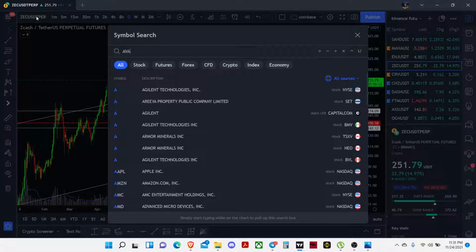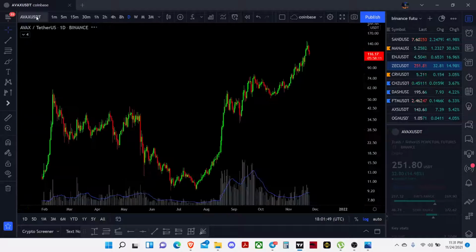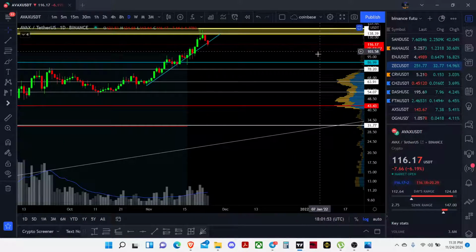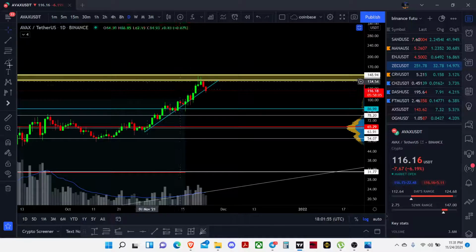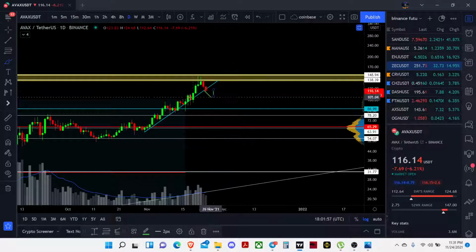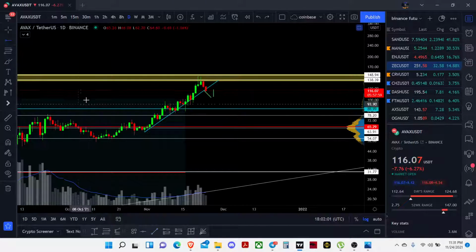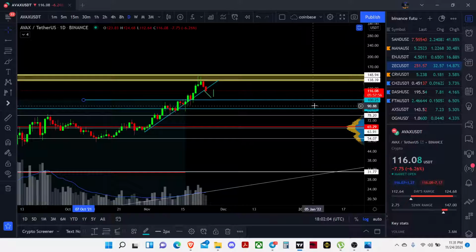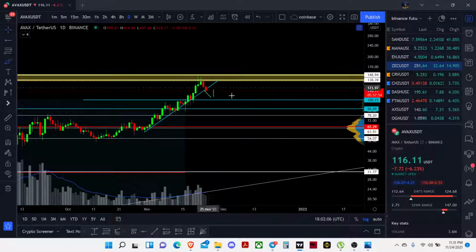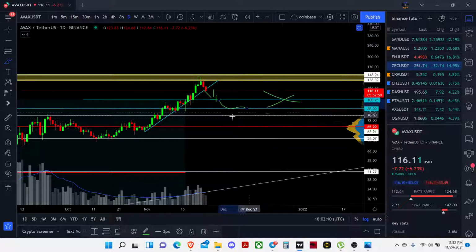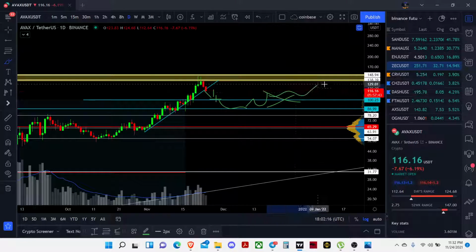So let me have a look at the AVAX chart. What is AVAX doing? So I think the trend. Let's see the daily close. Where the daily close, if it's crossing below the trend line, then this would be the area that I'm looking for AVAX to come down. The 100 first. If it's not holding, then the 86, and probably it may hold and go back up from there.